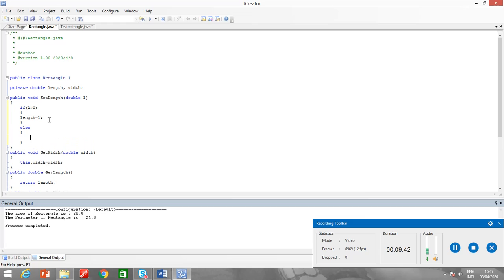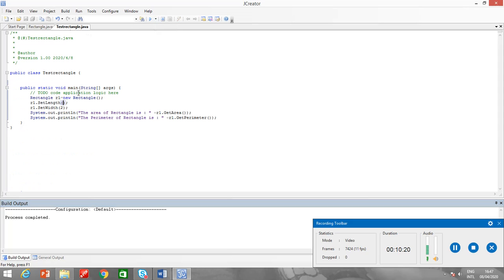Else, what we can do is either we can multiply whatever the length with -1, or we can make it as just minus. Okay, length is equals to L multiplied by -1. So if I multiply a negative number with a negative number, the number will remain the same, but it will change to positive. I am multiplying it by -1. So if you see over here,